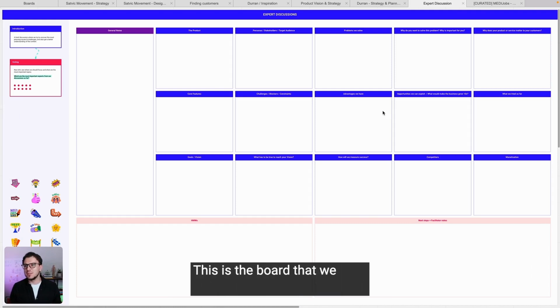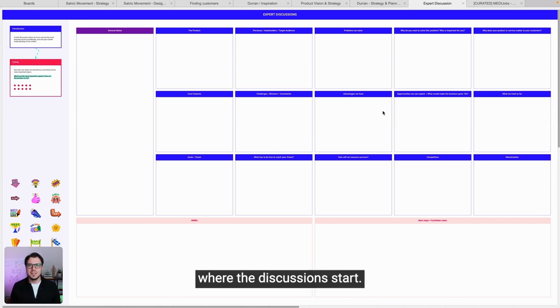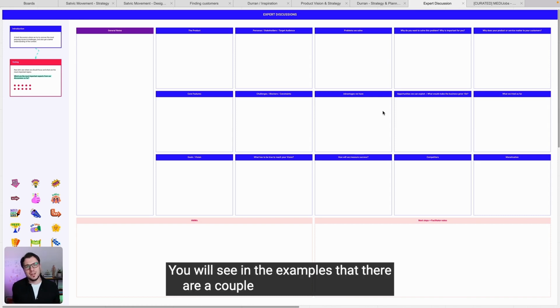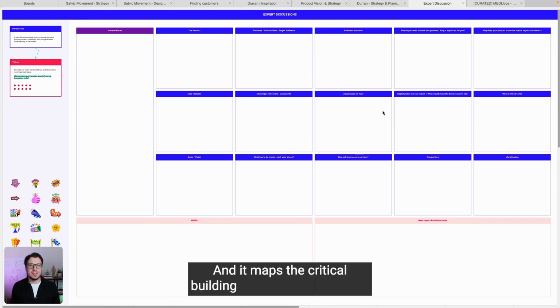This is the board that we start most of our projects with. So whenever we work with a startup or a scale up, this is where the discussions start. This is a board that evolved over time. You will see in the examples that there are a couple of different versions, and it maps the critical building blocks of any product. Though the discussions are usually unstructured with the product leaders, product managers, founders, because these are